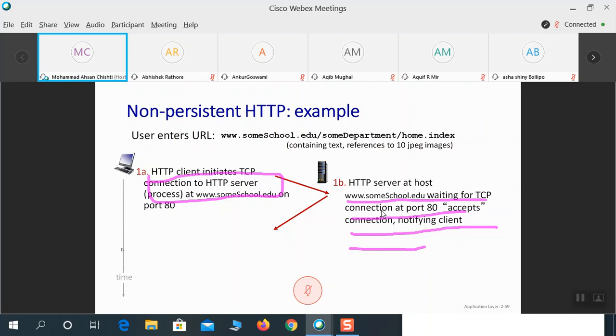This is an example of non-persistent. So the HTTP client here initiates a TCP connection to the HTTP server. Now the server side replies to the TCP request saying that I accept the connection.